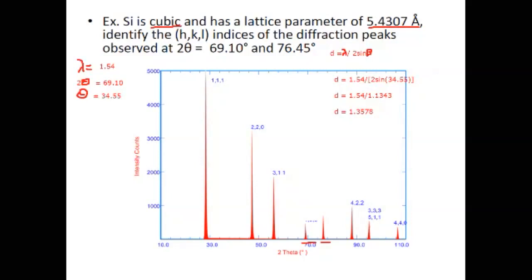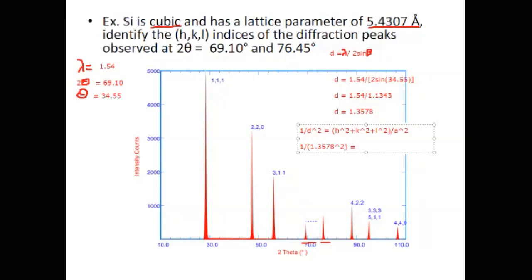So now we're going to use the equation 1 divided by d squared equals h squared plus k squared plus l squared divided by a squared. So that'd be 1 divided by 1.3578 squared